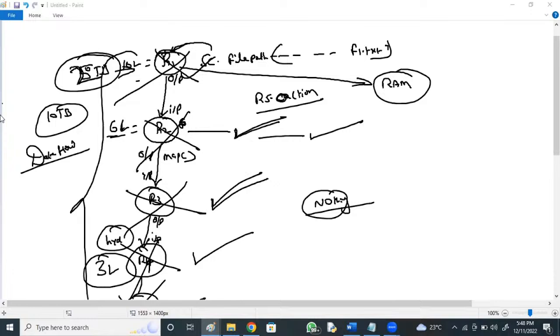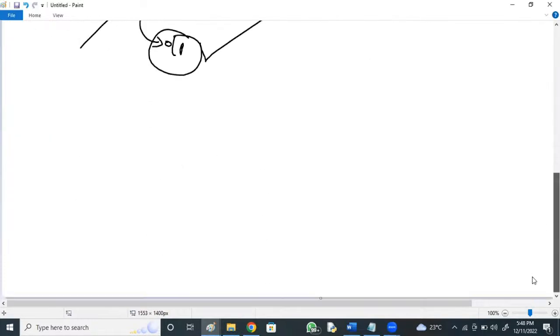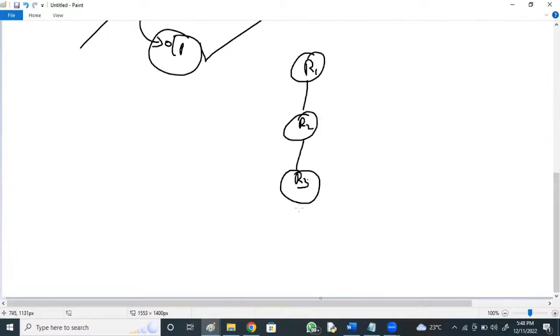And in the RAMs, nothing is present. Now the RAM is free, and you can trigger the next flow also. But in this case, I'll give one more example. Say R1, R2, R3 I want to perform, and then some aggregations: average, max, min, and sum.